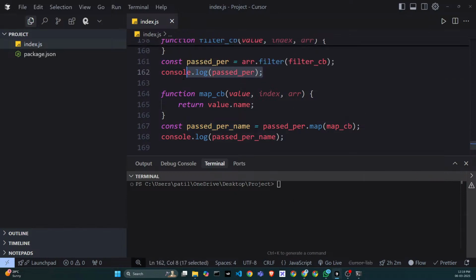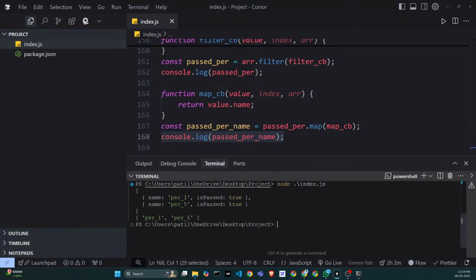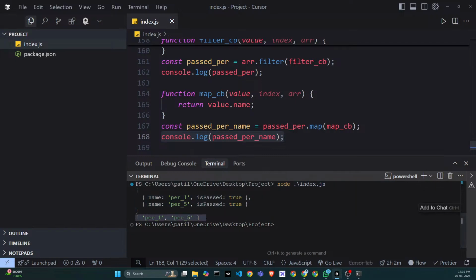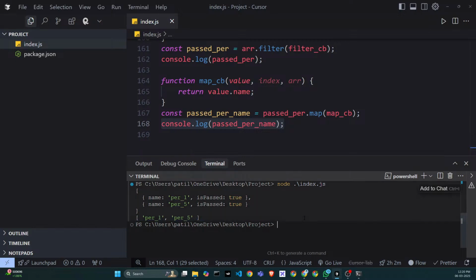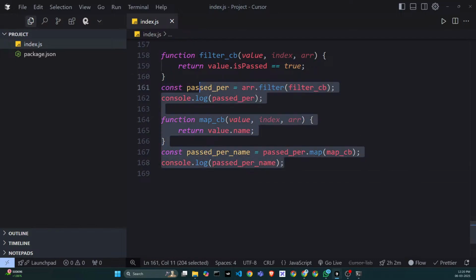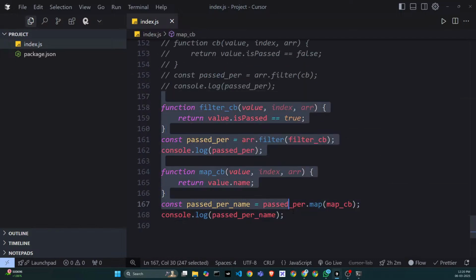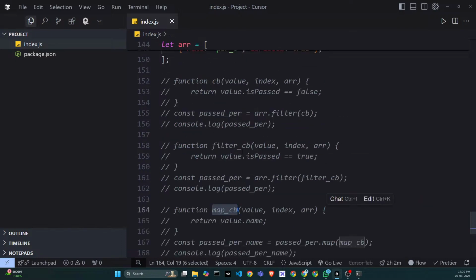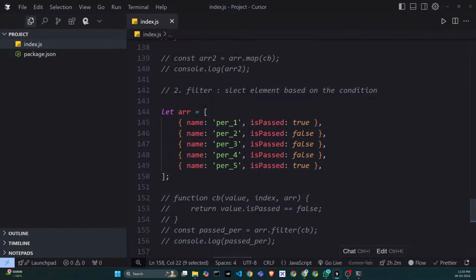Here we are first logging the whole object. Here we are logging only the names of the object. First we have filtered out all the past people, then we have mapped only the names. So these can be the use case of filter and map. These are examples of using these things. So we have seen what is map, and we have seen what is filter. Now let's see